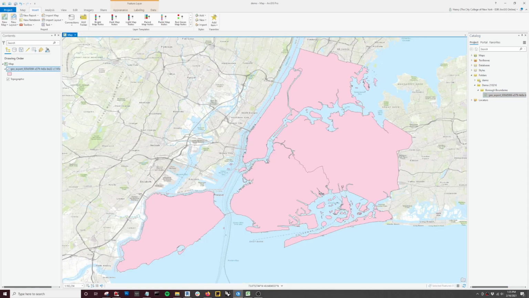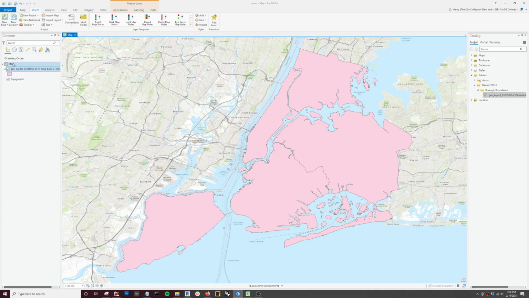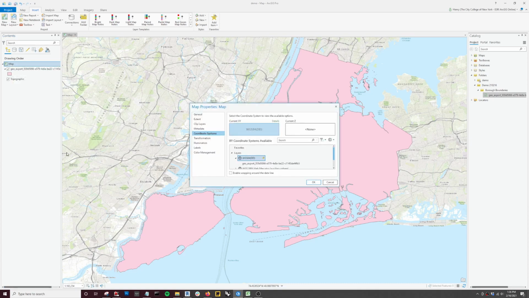Now, it looks a little bit warpy, because the default map projection is not the map projection that we want. So the way we can do that is how? Right-click on the map and go to Properties, and under Coordinate Systems, this is the way she did it. She said, we type in New York. All right, and the one we're looking for is